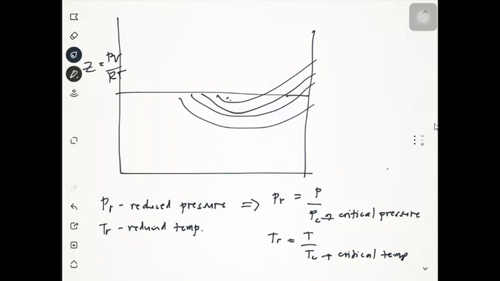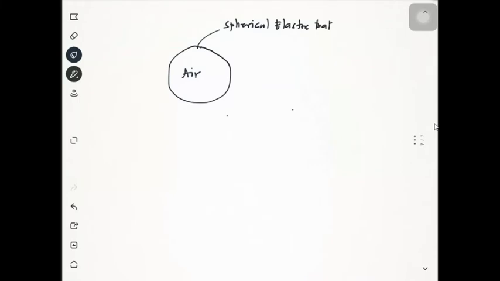For better understanding, let's take an example. Say we have a spherical balloon that contains air. It's your spherical elastic balloon. So you have the relation, this is your B, and